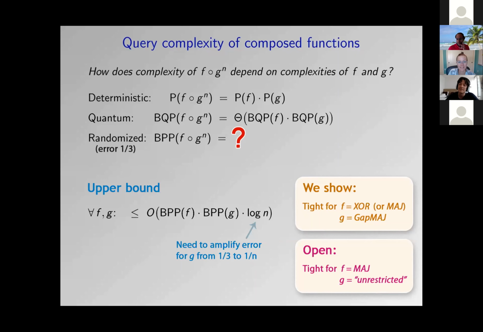It's maybe a silly question, but don't you need some constraints on G? Yeah, so that's why it's in quotation marks. The actual conjecture is a little bit more complicated. You have to rule out some counterexamples. So the actual expression is something like the bounded error complexity of F times the expected number of queries you need to reach error 1/n.